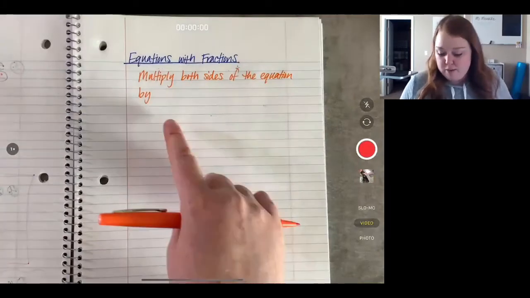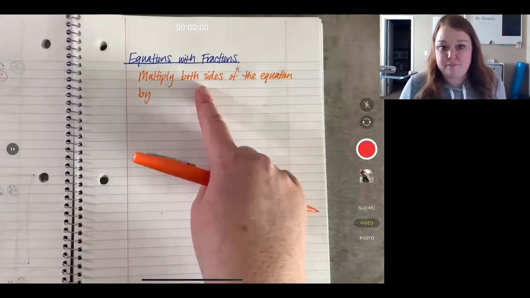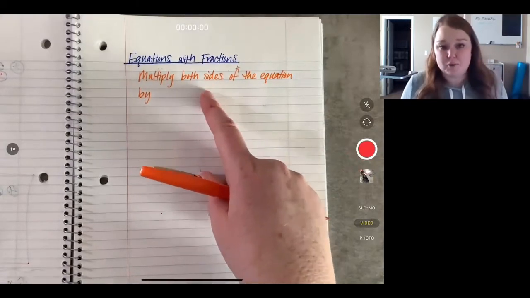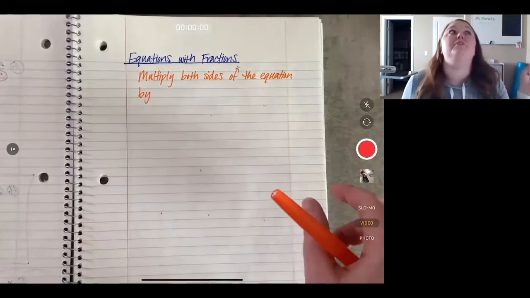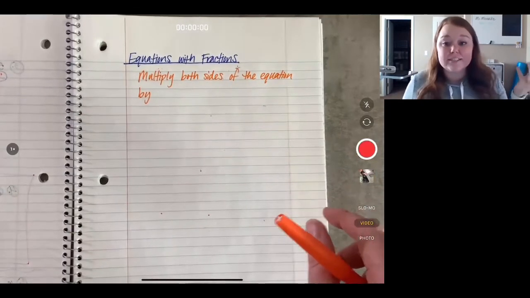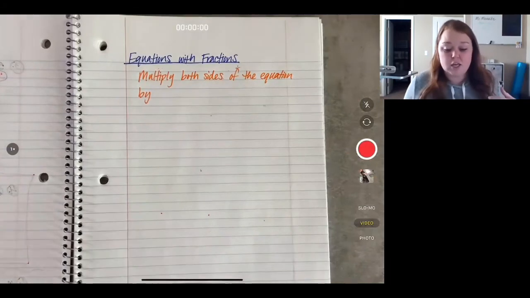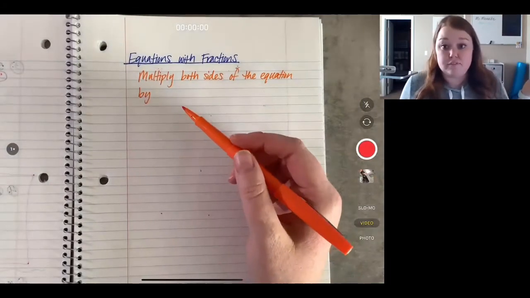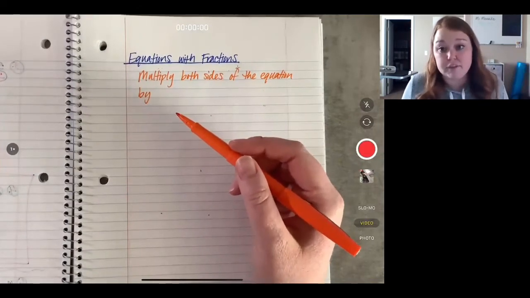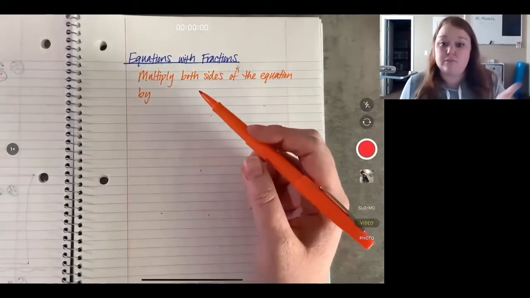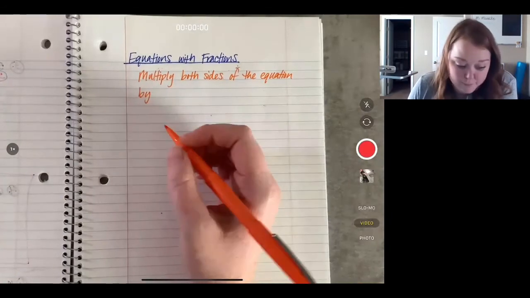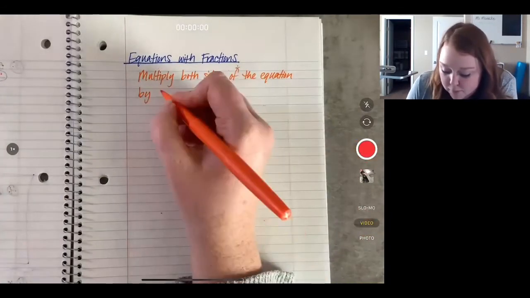Am I allowed to do that? Am I allowed to just multiply the entire side of an equation by something? The answer is yes. Remember our golden rule of equations? You can basically do whatever you want to a side of the equation as long as what? As long as you do it to both sides, okay? So that means I can add 500 if I want to, as long as I add 500 on both sides. I can subtract 2,000 elephants, as long as I subtract 2,000 elephants on both sides. You know what I mean? Okay. So multiply both sides of the equation by a common